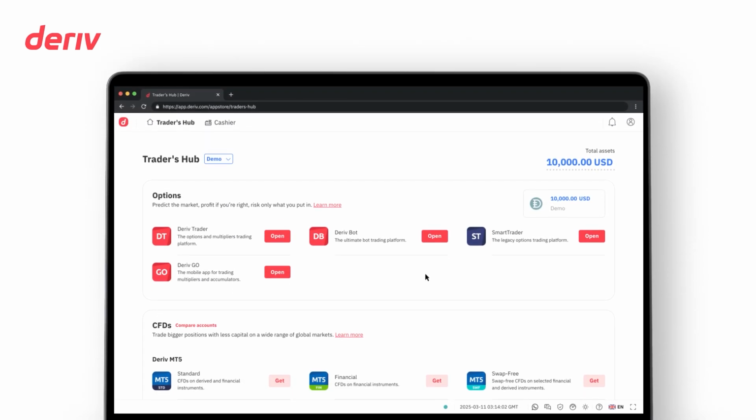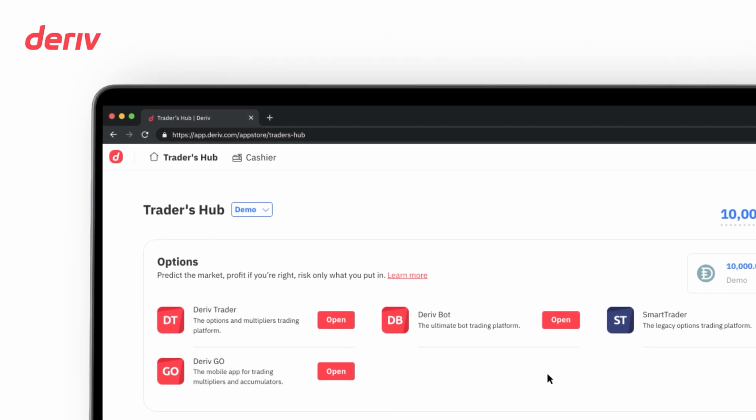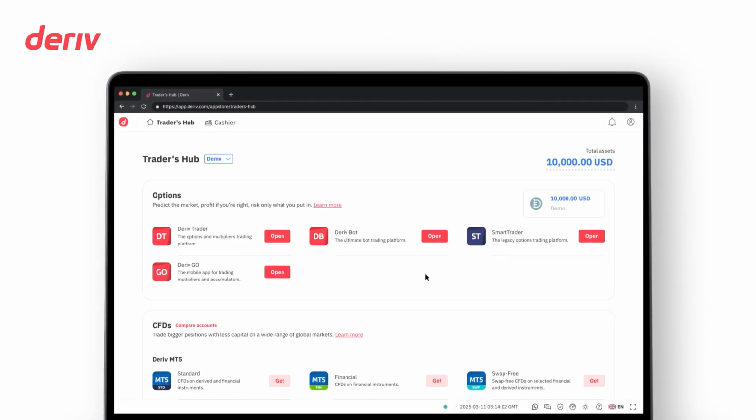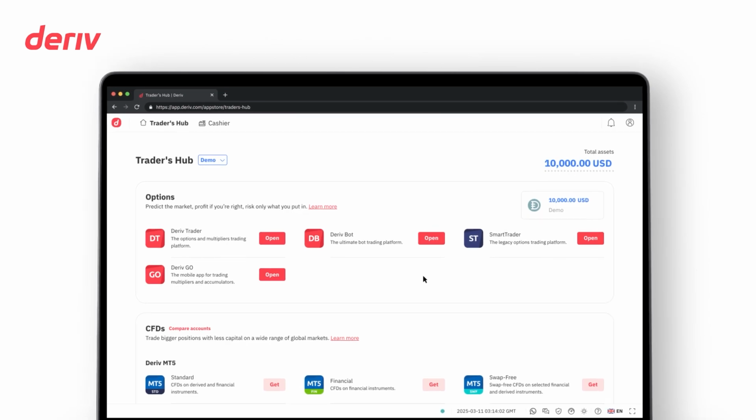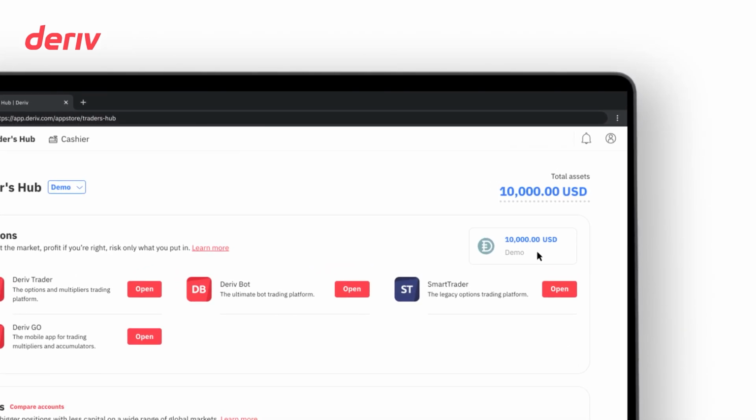In this video, we will guide you through the Traders Hub dashboard. Let's dive into the features of the Traders Hub. The Traders Hub is the initial page that you will see upon signing up for a Deriv account. Upon sign up, you will automatically be assigned a demo account with a trading balance of 10,000 USD in virtual